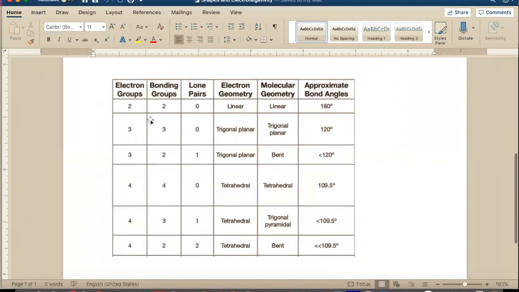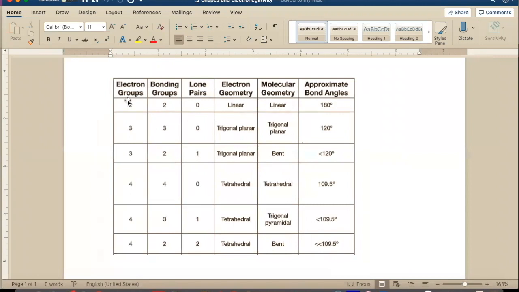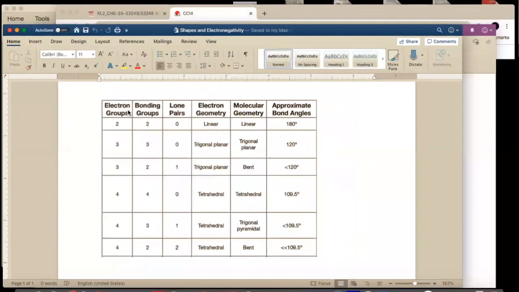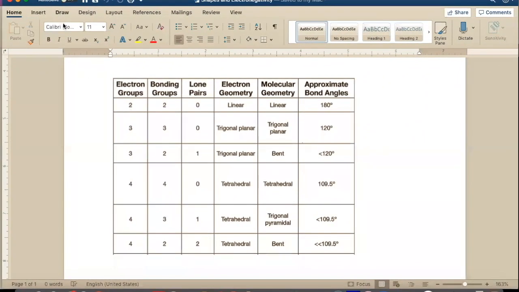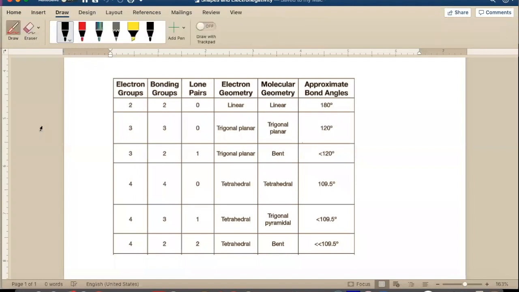You see this chart has some details. The first column is talking about how many electron groups we have. Electron groups basically mean, guys, how many neighbors your central atom has next to it. Let me give you an example here. Imagine that in the center you have an atom called A. You got a central atom A, and imagine it's bonded to